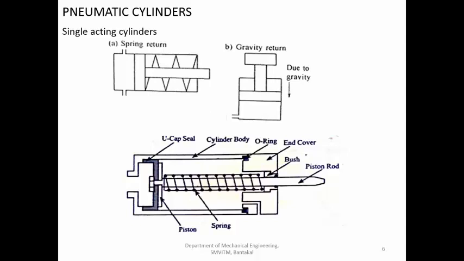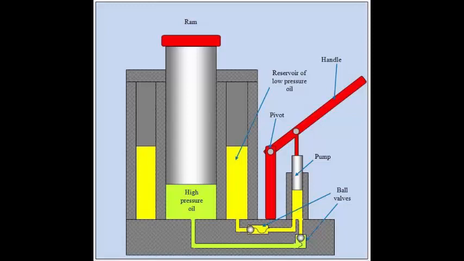Now the car jack, which you use to lift the car for puncture repairs and other things, is a simple example of a single acting hydraulic cylinder. Whenever you use your arm to pump the fluid, the oil enters the cylinder, and after you are satisfied, you just have to push a small button in the hydraulic jack. When you press that, the valve opens and the oil in the cylinder simply goes into the tank, so that the load comes down. So that is the construction of the single acting cylinder.